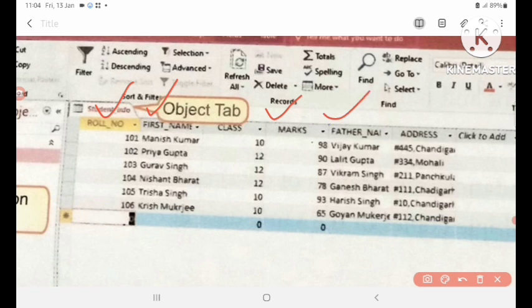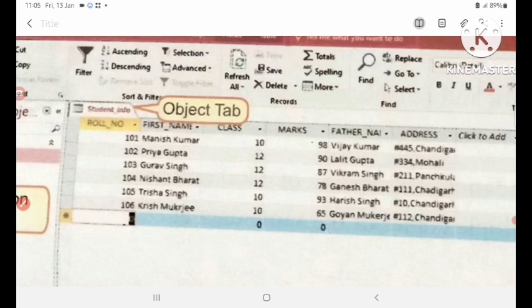Clicking on any tab displays the content in the work area. To close the current tab, click on the close button on the right end of the bar. Suppose you want to close any object tab, then you will see the close button here. You have to click here for closing. So this is the object tab, and you can use your book to see it.